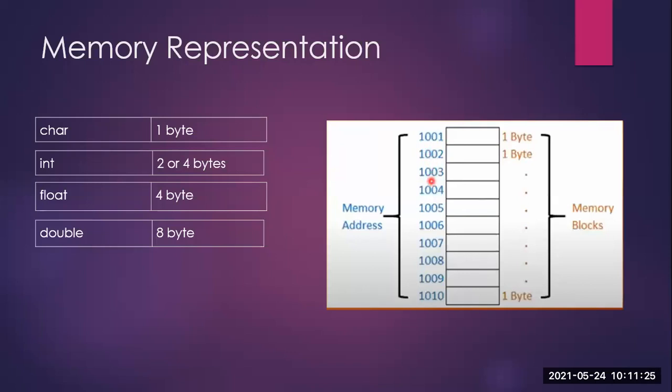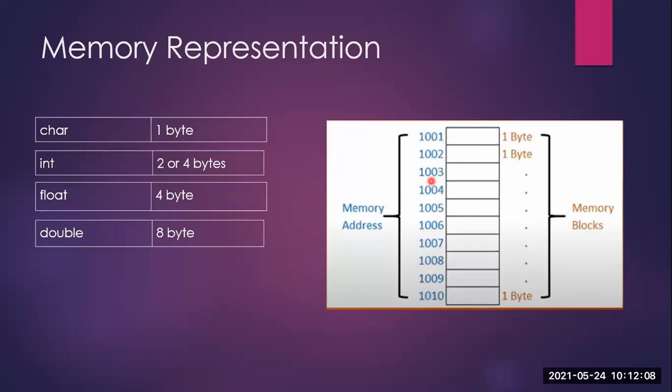And in actual computer memory, these memory addresses are in hexadecimal format. You have studied in computer fundamentals the different number representations, the decimal number system, then the hexadecimal number system. Now what is an address here? In general also, if I say address, what is it? It is going to tell us where the location exists. If I say plot number 106, Ramnagar, right? So this is an address, and this address will help me to go to that particular location.